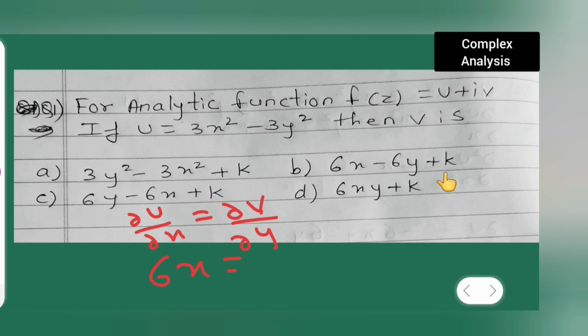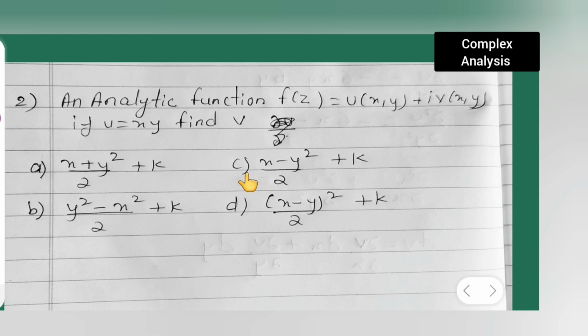Next, you should get 6x. Now with respect to y, you have to differentiate. No, in this also you are not getting it, if you differentiate with respect to y, okay. If you differentiate this with respect to y, are you getting 6x? In this we are getting 6x, right. So yes, you are getting it. So which is the correct option? This is the correct option, okay, D. This D is the correct option, this one, okay.